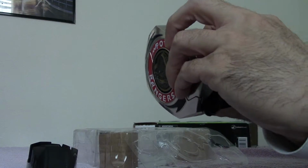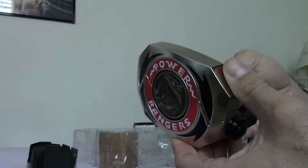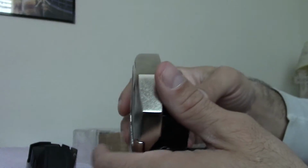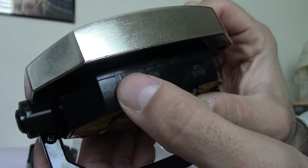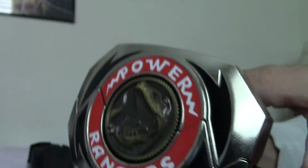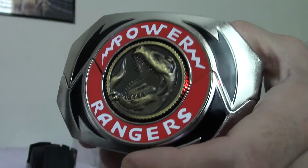And oops, do I have the thing on? I think I do. And then when you turn it on, you get that. See, usually it should be off, and that's what it should be on. It is off, especially if you're displaying it or you have it in its case. And then when you turn it on with the on button here, it does this,